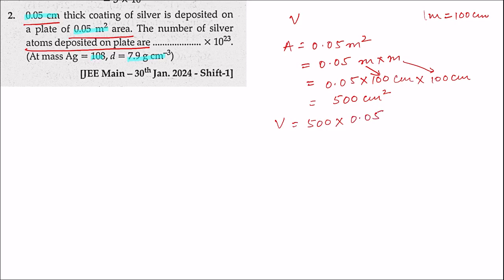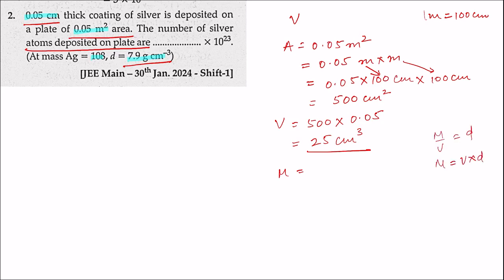And this will be equal to 25 centimeter cube. This is the volume of silver deposited. Now the volume of silver is known, the density of silver is known. So mass of silver will be equal to, now mass by volume is equal to density, therefore mass will be equal to